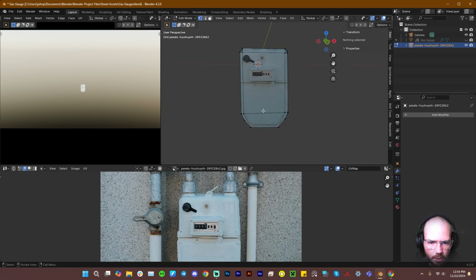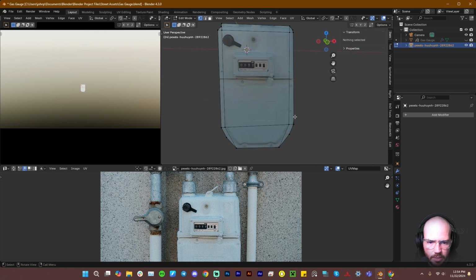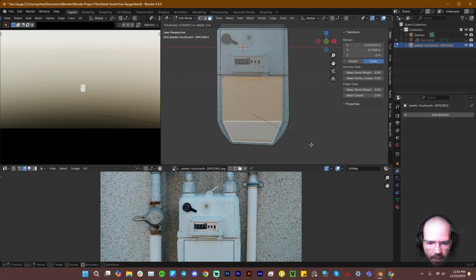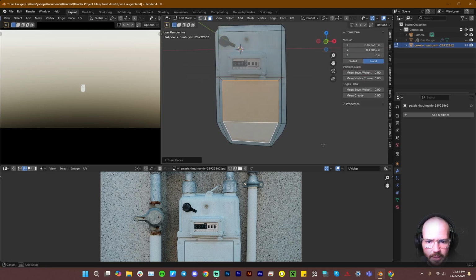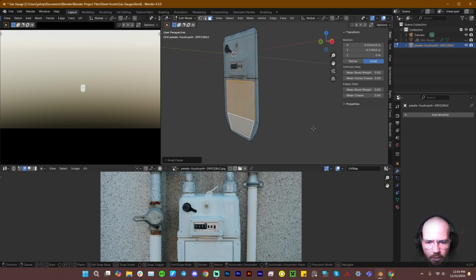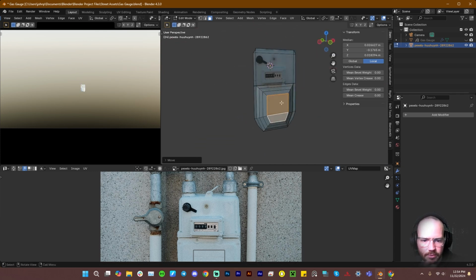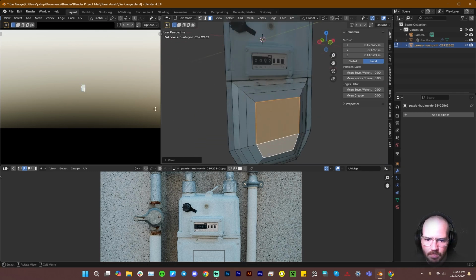Now we do have a little bit here that we would like to extrude. This does kind of pop out in the image. So what I'm going to do is go Control R. We're going to add a loop cut right here on this line, and we're going to go to 3, take these two, and I'm going to go inset just to about there. And then I am going to go GY, inset, GY, inset, GY. And that's a very simple and rudimentary way of just getting that kind of nicely brought out and